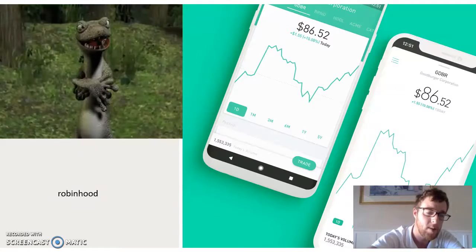Robinhood, that's the name of the application. It looks terrible. It's a terrible font. It's in all lowercase. It's just all over bad. So the next slide,